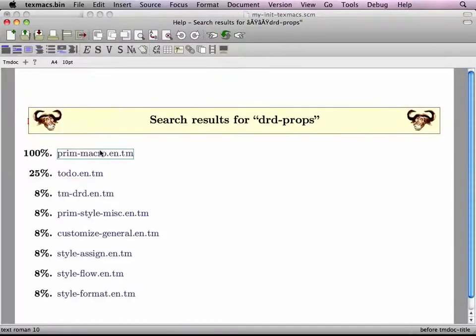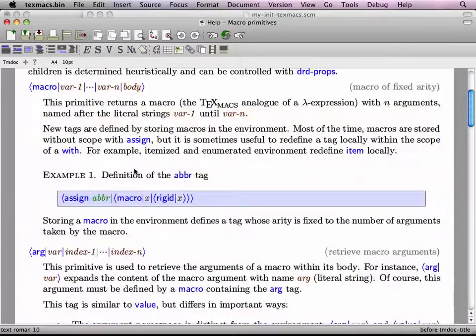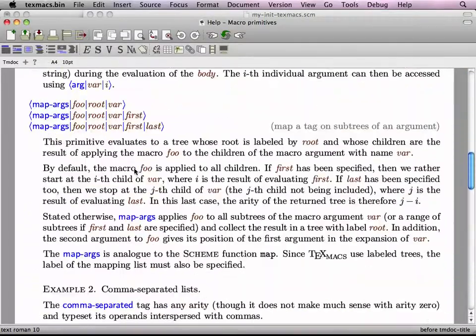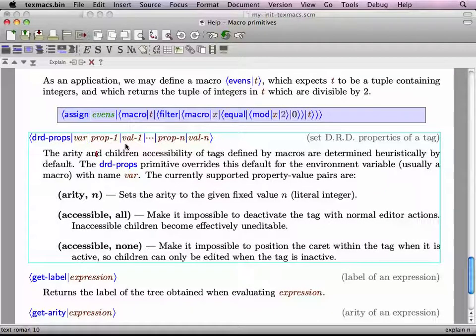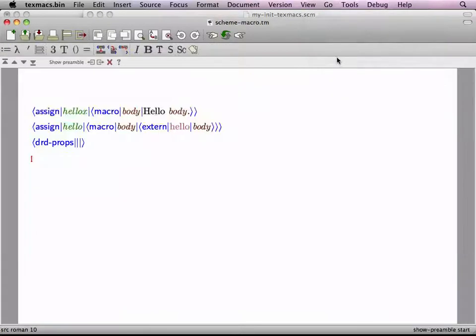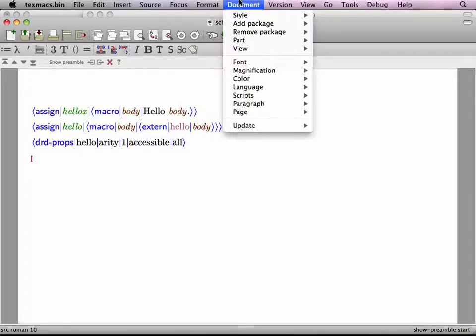With some luck, it will tell us how it works. So I'm just going to set the arity of the thing to 1 and to say that everything is accessible. So I can say that hello has arity 1, and that all the children are accessible. Okay, now I go back,